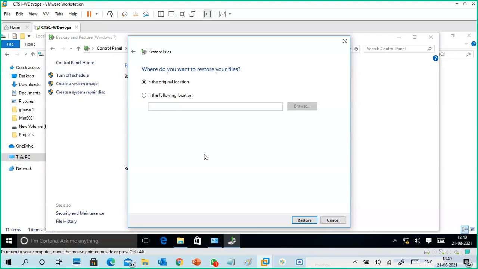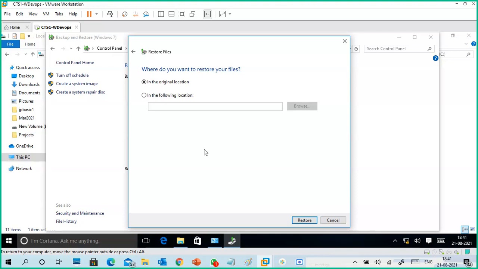Here I'm choosing the original location, but generally in industry they don't choose the original location. If you are recovering from tape drives and that kind of thing, mainly they don't choose the original location. They use a different location. Why? Maybe the backup is corrupted and your restore is also corrupted, and your existing files will also get corrupted. That is the problem.